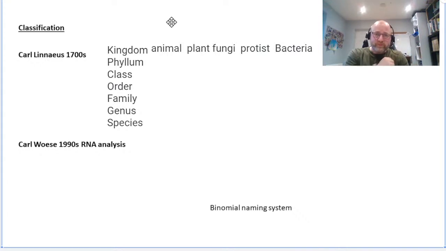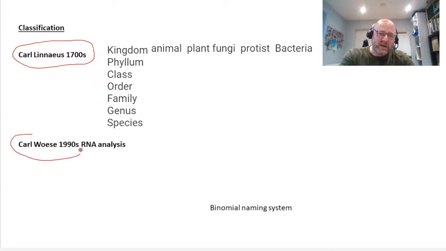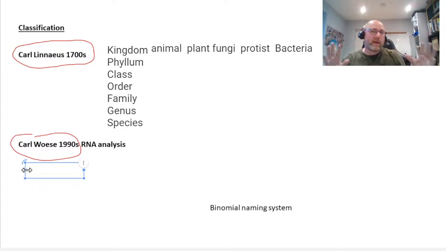Now, Carl Woese came along, this dude. So you do need to know the name Carl Linnaeus. If you're doing AQA, you need to know about Carl Linnaeus. He's the guy that came up with the classification system. This one. Carl Woese, 1990s. He did RNA analysis. You can just say from the new biochemical information, the study of DNA or RNA, he came up with